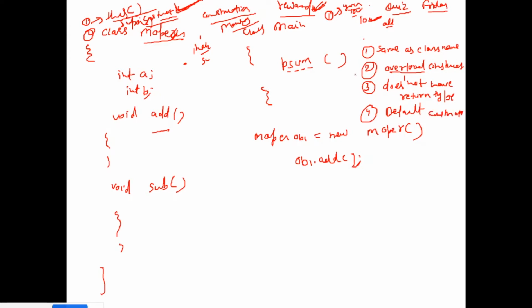These are the 4 major points to note down. First, constructor name is same as class name. We can overload constructors, which means that in the same class we can have multiple constructors. A constructor doesn't have any return type, and a default constructor will always be present when we make a class. Suppose you make a class B, whether you define it or not, there will be a default constructor for this class B. Constructor name is same as class name, that's why the constructor name is B over here, right? I hope you guys can understand.